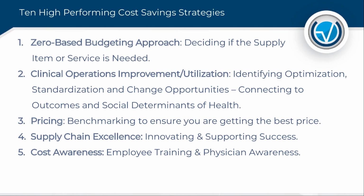There are these 10 approaches that we talk about quite a bit. The zero-based budgeting approach, which is really to say start from zero and ground up, and to justify that your supply item or service is needed. It is a time-consuming process, but if you do this approach, it is a transformational approach to budgeting and being able to say, do we really need this? 2,